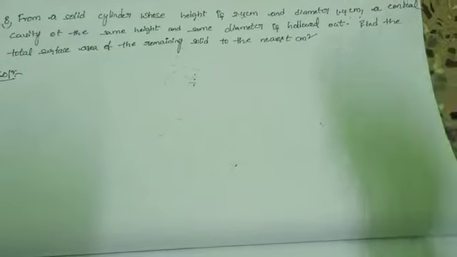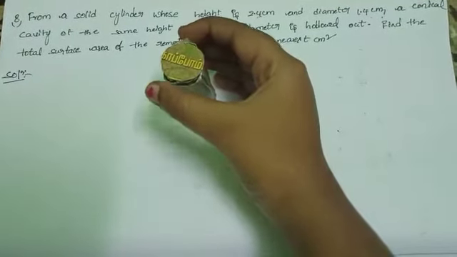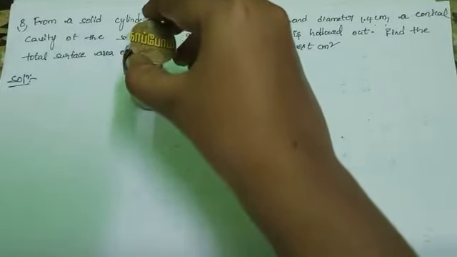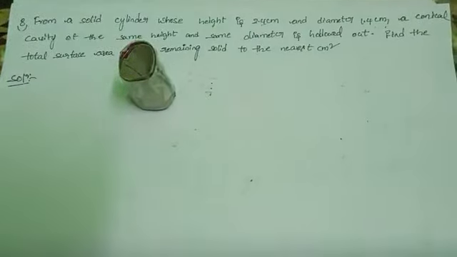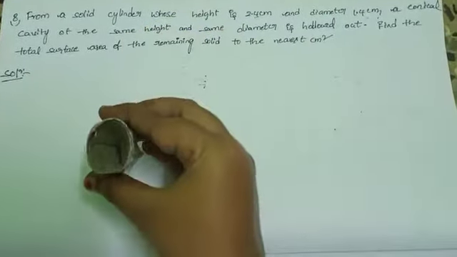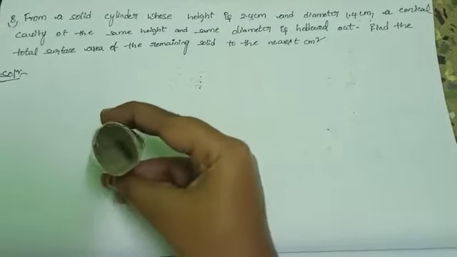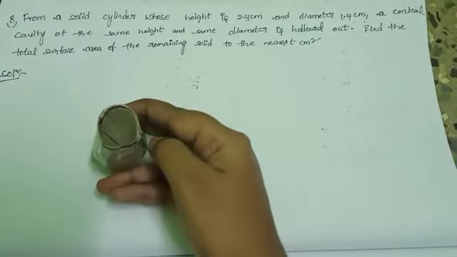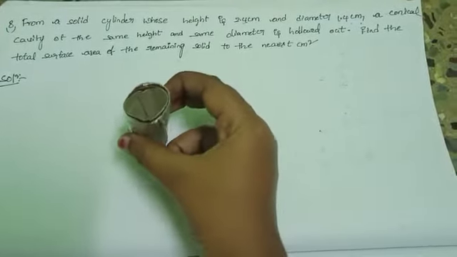It means inside the cylinder, cut into a conical shape and remove that part. See this? Inside, this is a conical shape. Inside, cut into conical shape and removed it. See this? The remaining solid. Inside is the curved surface area of the cone, outside is the cylinder. So find the total surface area of the remaining solid.